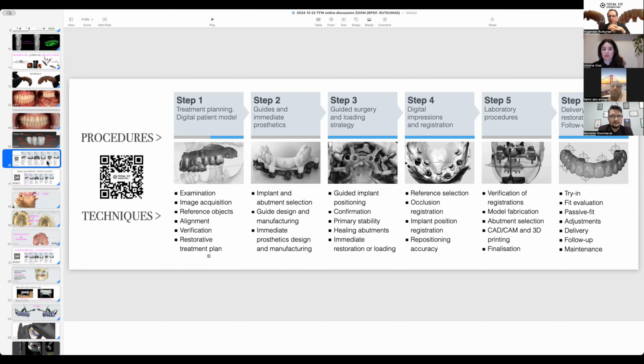I think it can increase the safety of the procedure, and if the clinician feels that the safety of the procedure will be increased, so why not? But for open sinus elevations, the advantages of guided surgery are a little bit limited.